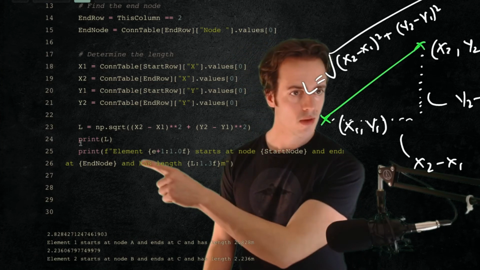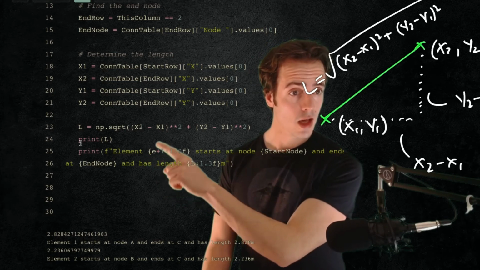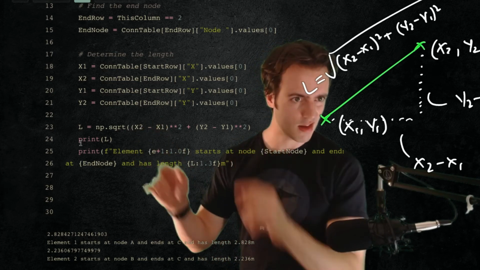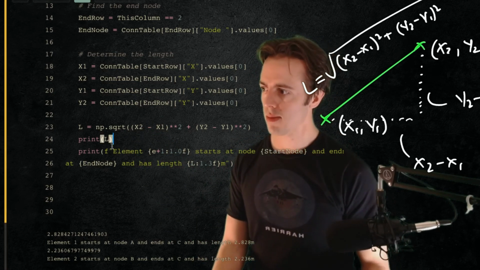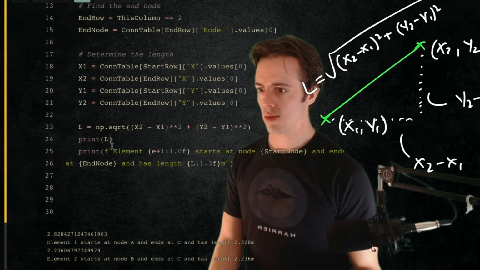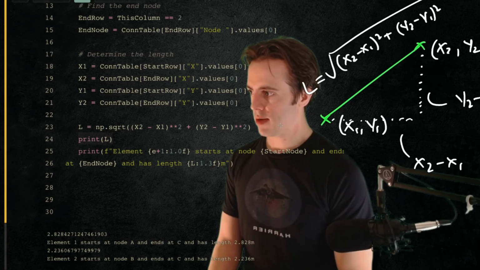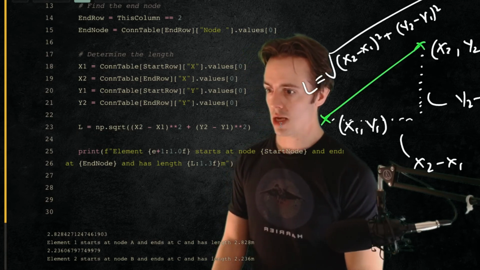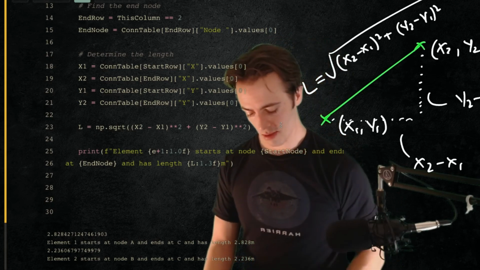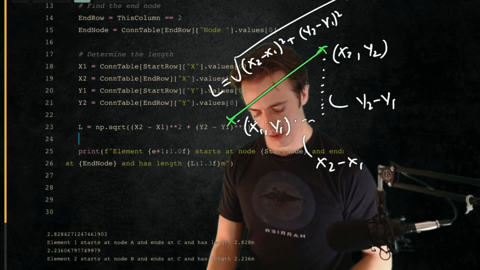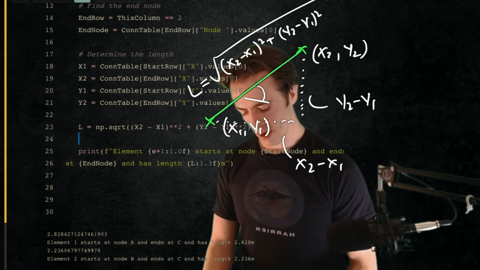Sometimes this can produce an array value if I'd done this slightly differently, and then that might cause a couple of problems later, but we look like we're okay. The angular orientation of the element we can get from, well, anything. We get it from the sine rule, cosine rule, tangent rule. We now know L, so let's use this